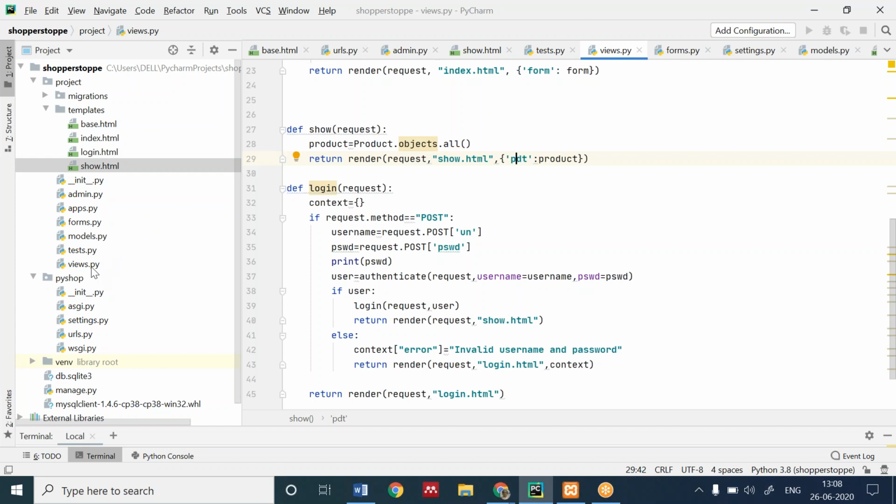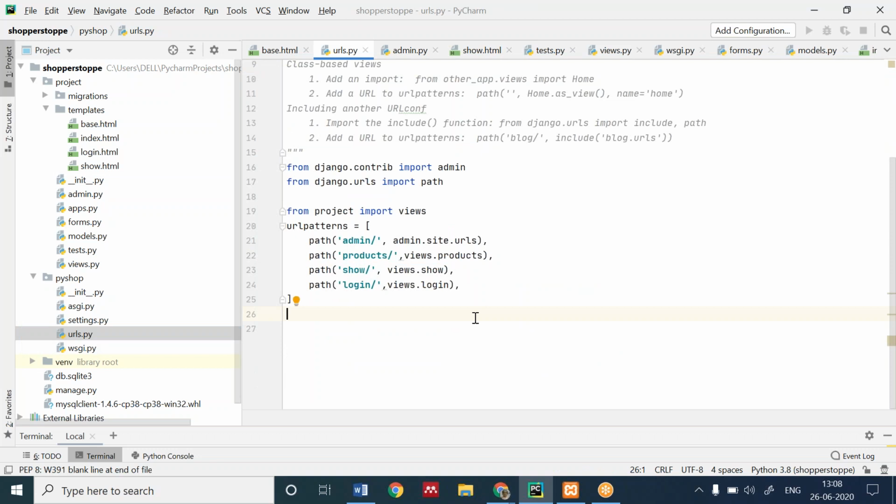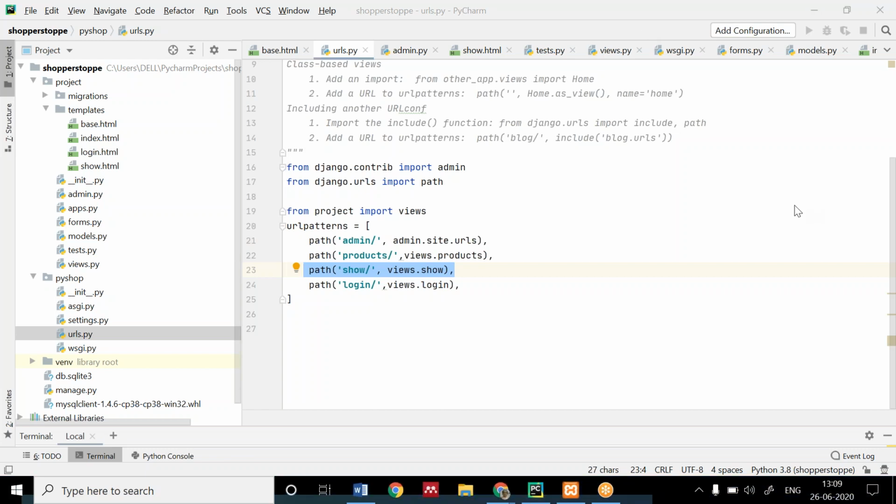Now I'm showing you the views and the URL. Map this. Now run the server and see the output, and tell me whether you have seen the output or not.